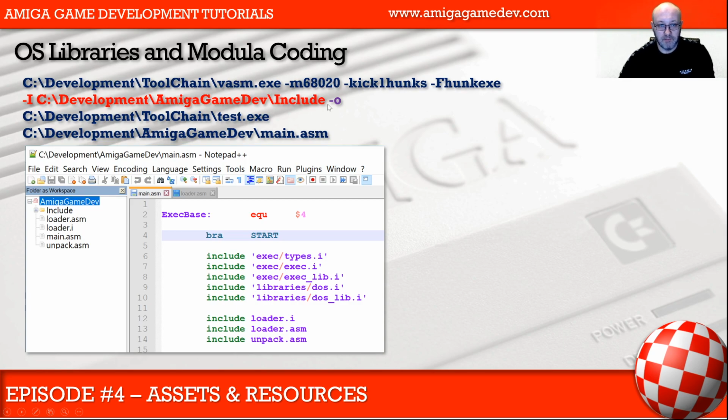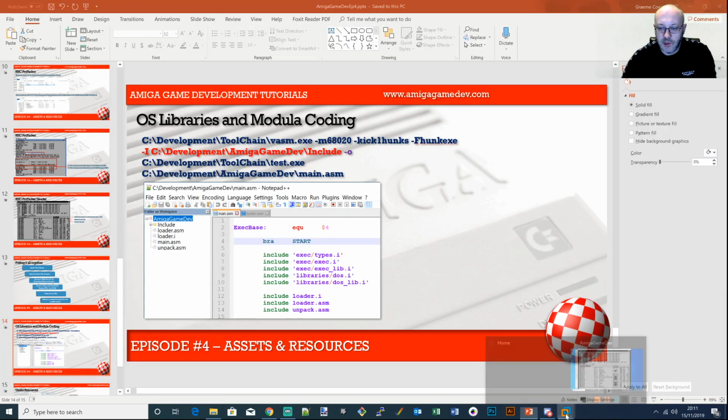What we typically need to do is copy this include folder here and put it into this folder, the development Amiga game dev include. That's where that needs to go, and in the build command line on VASM, we need to include that. So I'm just going to show you that right now so that you can follow along. So on the virtual machine,